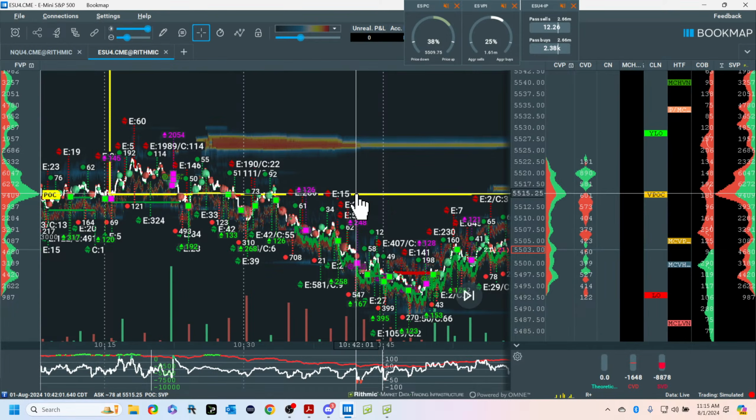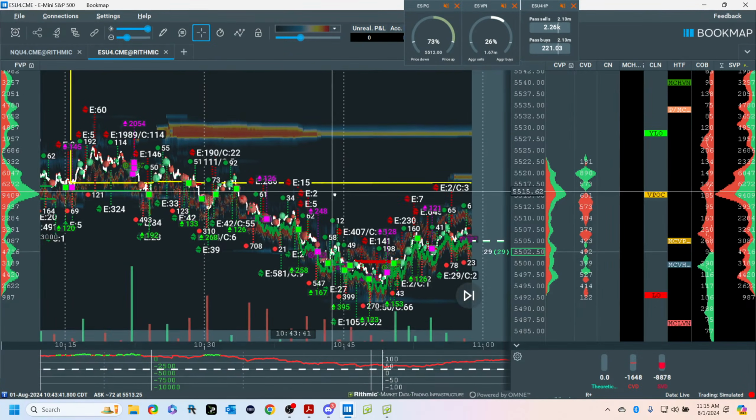Hold on one second. Now, I also add and scale, like a tuna on the dock. VPOC 5515. We're now in what's called the mean reversion. This is the current market. I've got to adjust some stuff here because I'm trying to keep an eye on what's going on. Normally I can't look at the market, but today's one of those days I want to try to show you what happened and be able to talk about both elements.